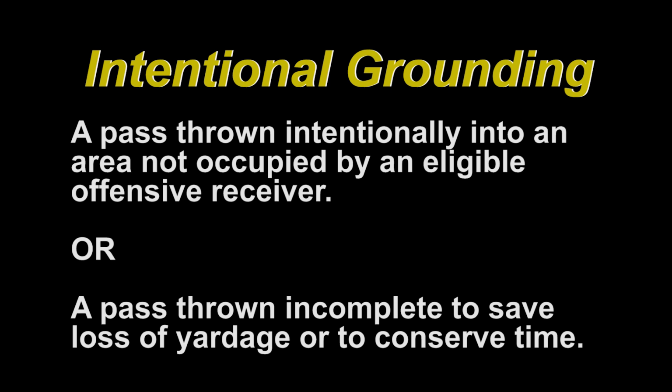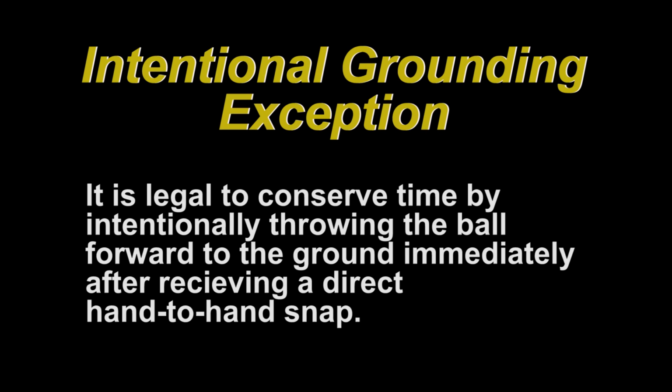Let's revisit an old rule that is not being correctly enforced at times. Intentional grounding. Intentional grounding is a pass thrown intentionally into an area not occupied by an eligible offensive receiver, or a pass thrown incomplete to save loss of yardage or to conserve time. The exception, it is legal to conserve time by intentionally throwing the ball forward to the ground immediately after receiving